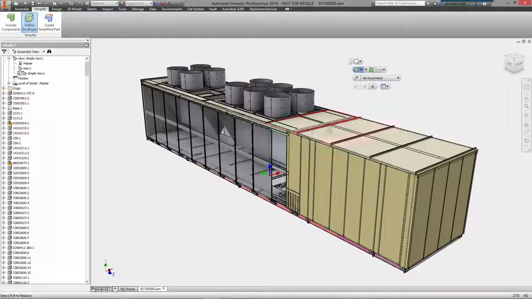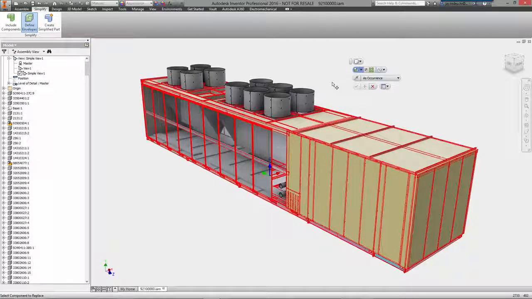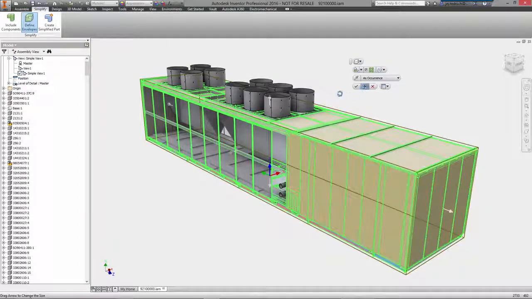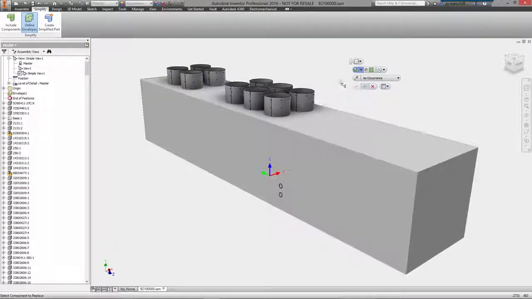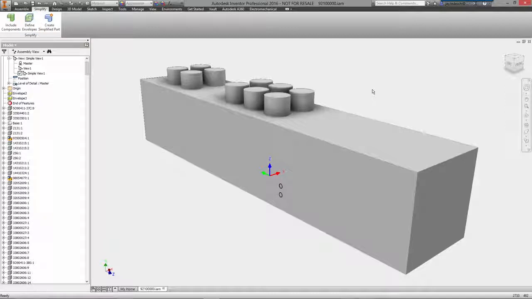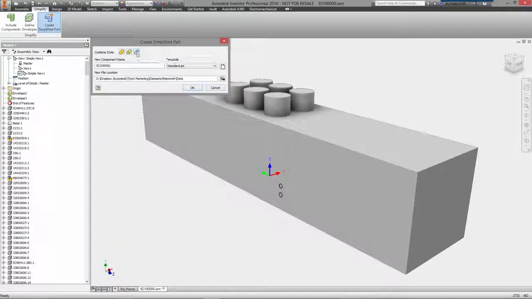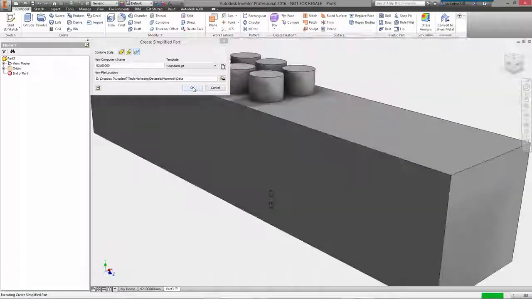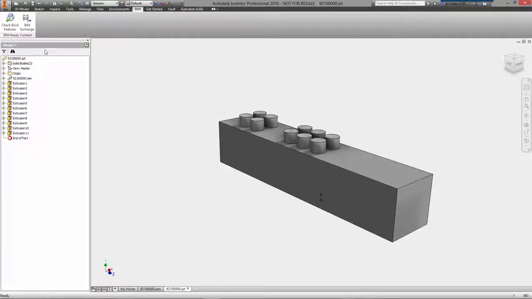The first consideration is reducing the complexity of the model to just what's needed to properly represent your product in the building design. This not only protects your intellectual property, it also reduces the file size, so it does not negatively impact the performance of the building information model. The selection tools inside of Inventor make it simple to choose which components best represent the size and connection points of your product, and the Define Envelope command further simplifies the model into basic shapes that can be understood by